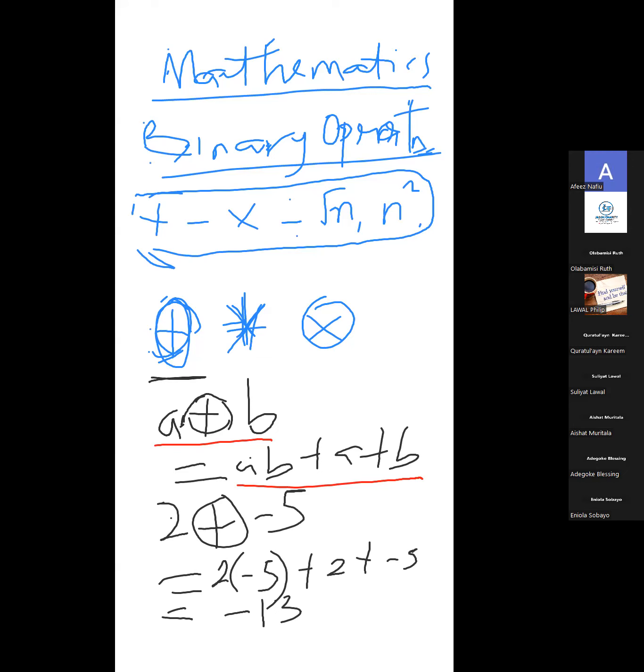So I want to move to the next one. Okay. So here, this is a very technical one. Maybe I should just do one more example before I go into the technical aspects. But because of time, I'm just trying to compress a lot of things. So let's say that based on the previous definition that I have, if A star B is given as AB plus A plus B, okay,